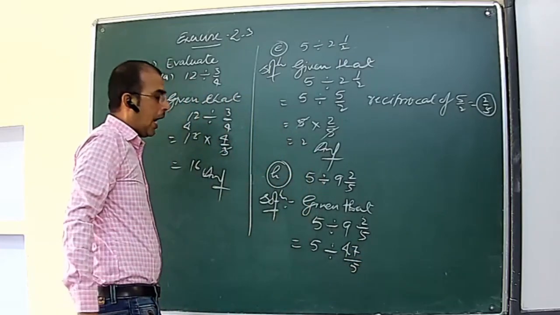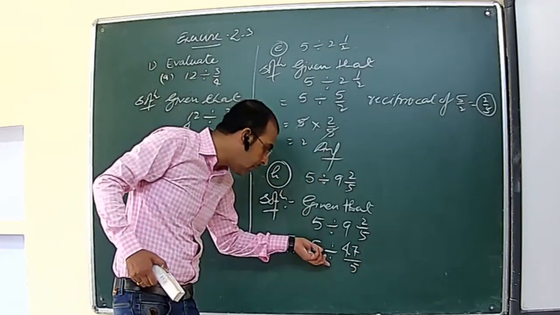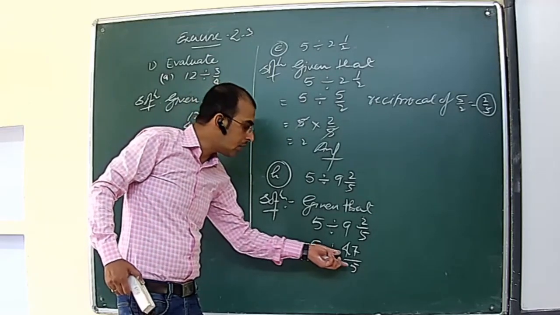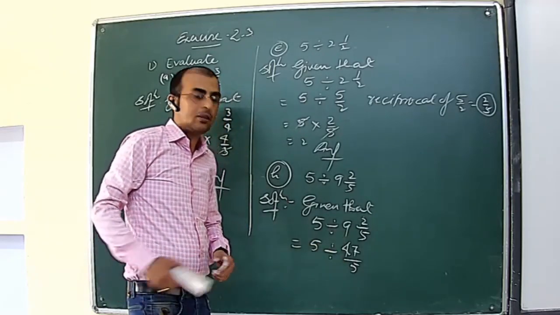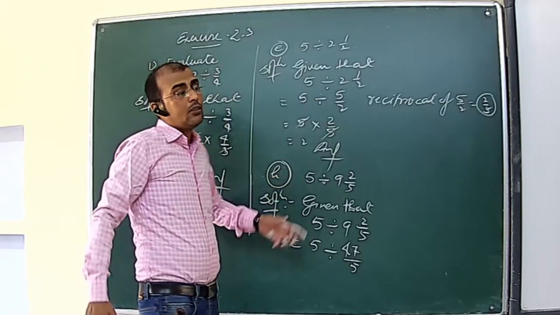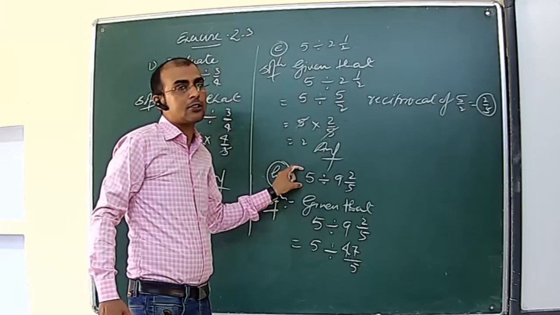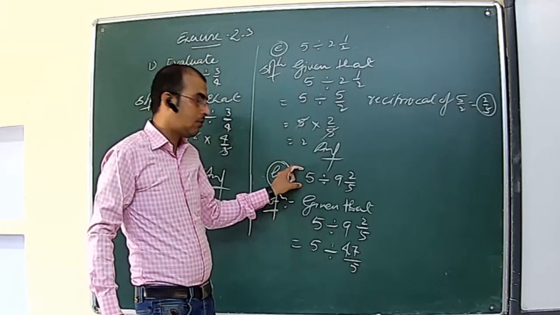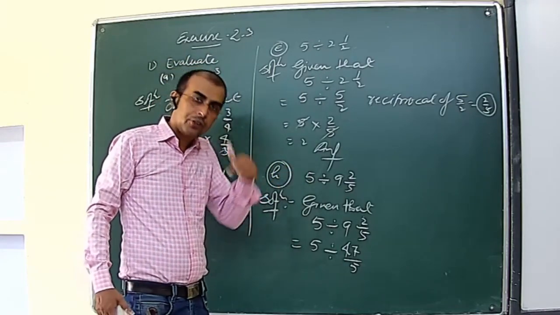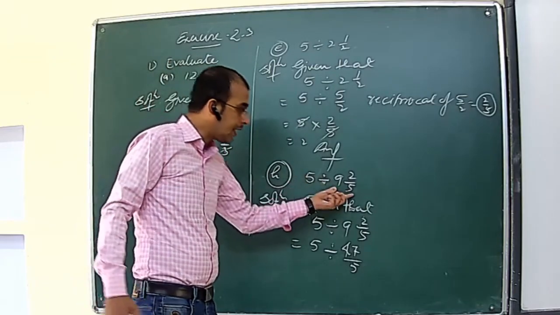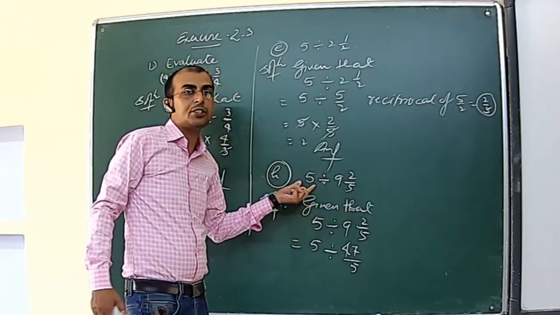Is it clear? And what will be the reciprocal of the given operation and fraction? So we will write first 5 divided by. This means the first fraction, the first number, will not change. The second number always changes. Remember this very important thing. The second part will be changed. The first part will not change.